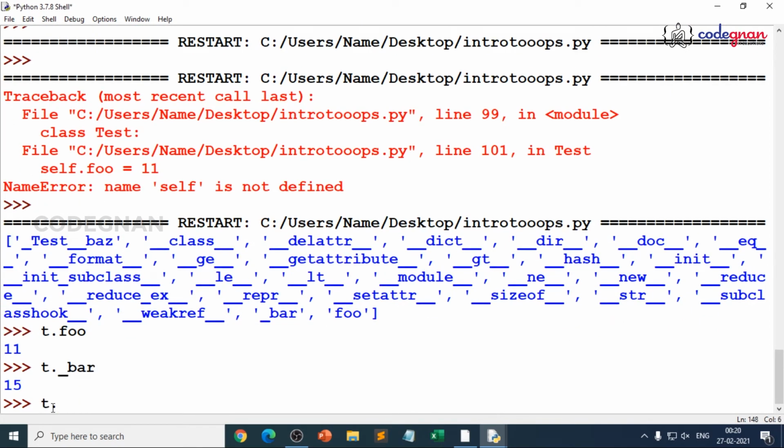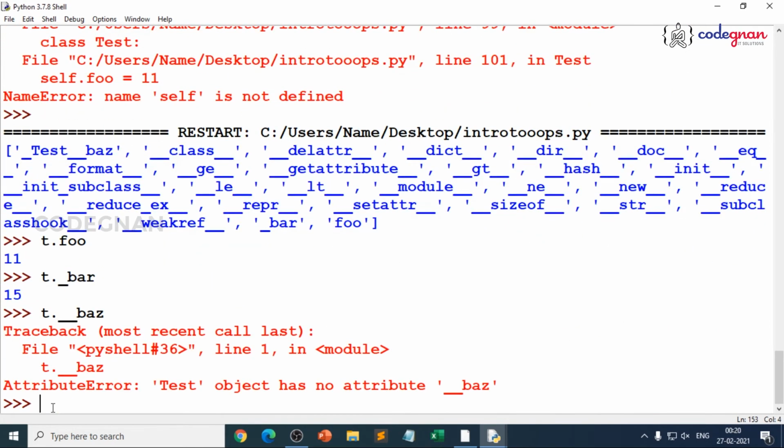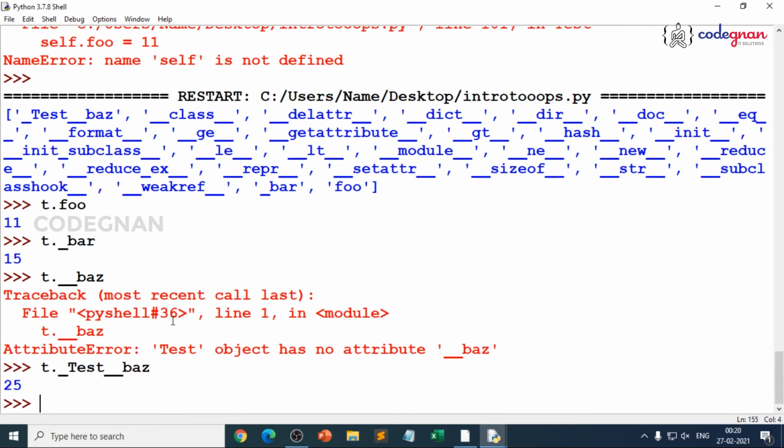When I go for t dot double underscore bas, you get an attribute error, because Python is not treating that double underscore bas as the same variable. It is doing name mangling. It wants to protect the variable from getting overridden. That is the reason you need to access it with the class, because your class name is test, so you access it with the class name.